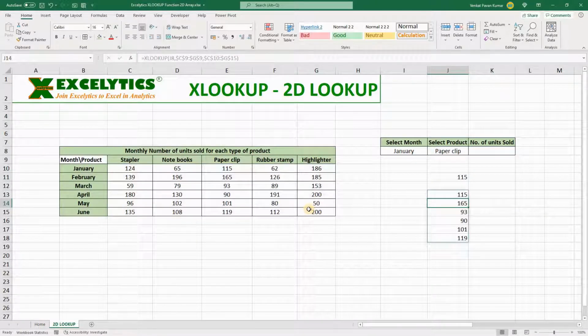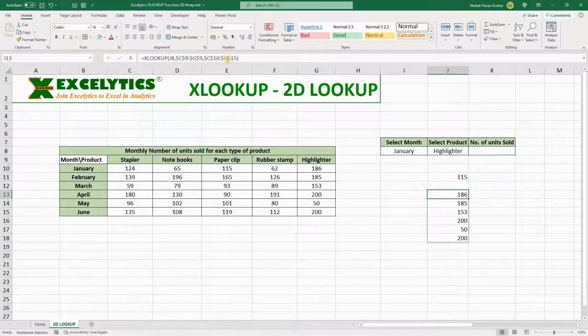So we got the entire list for paperclip. Okay, and now I will go here and change this to rubber stamp. You can see for rubber stamp also the data is updated, and now again I'm going to change it to highlighter and the data is updated.